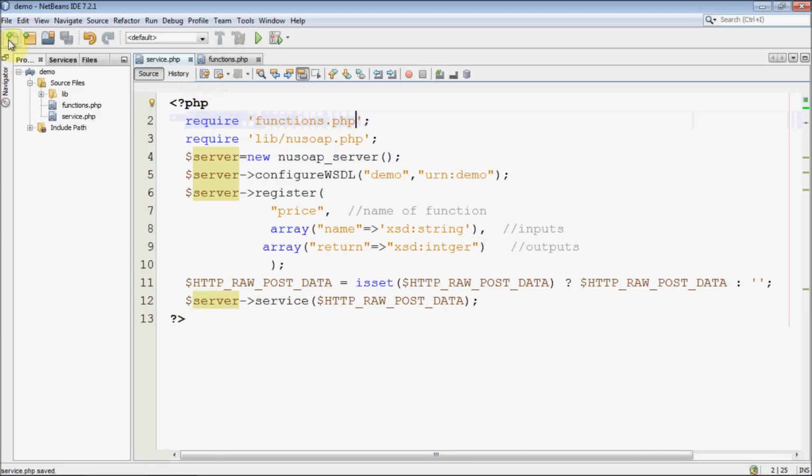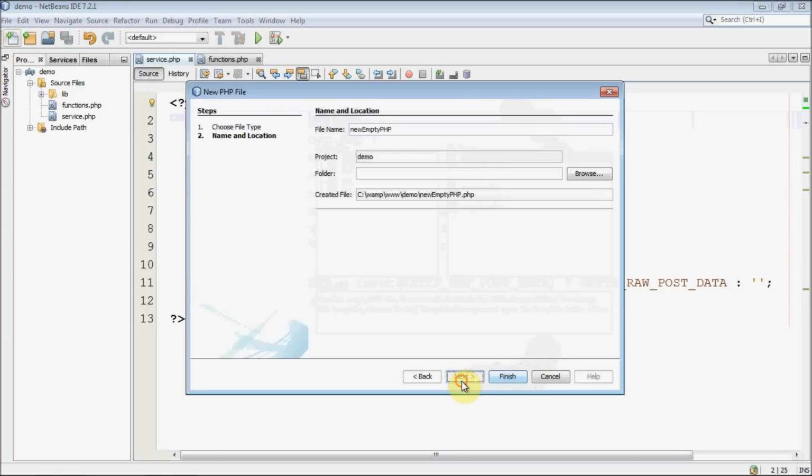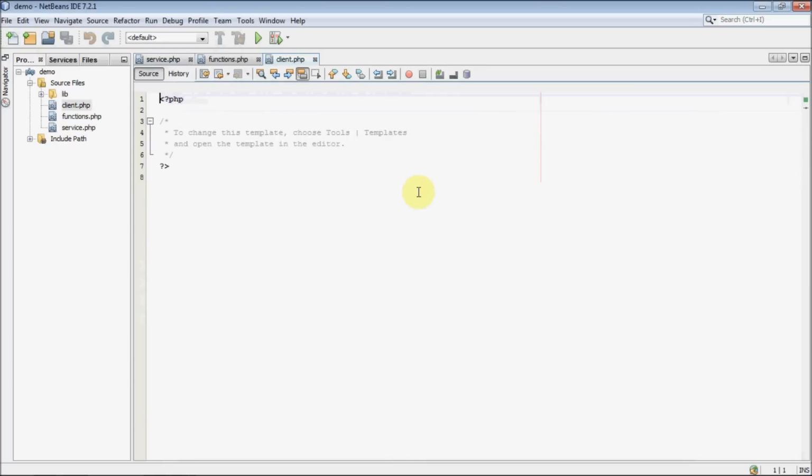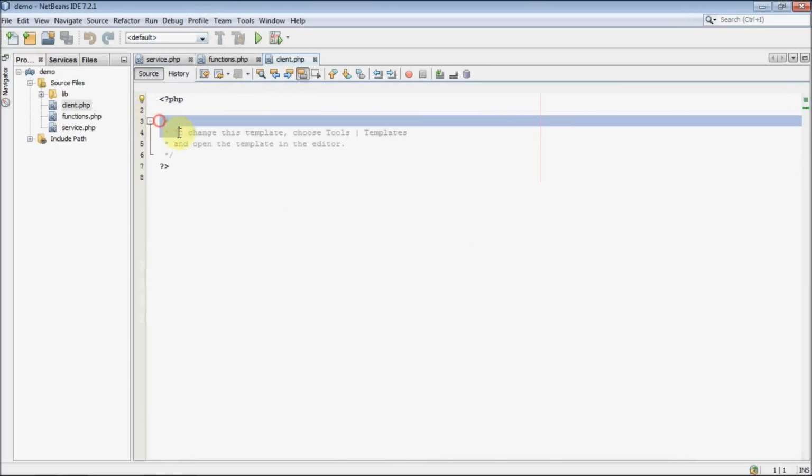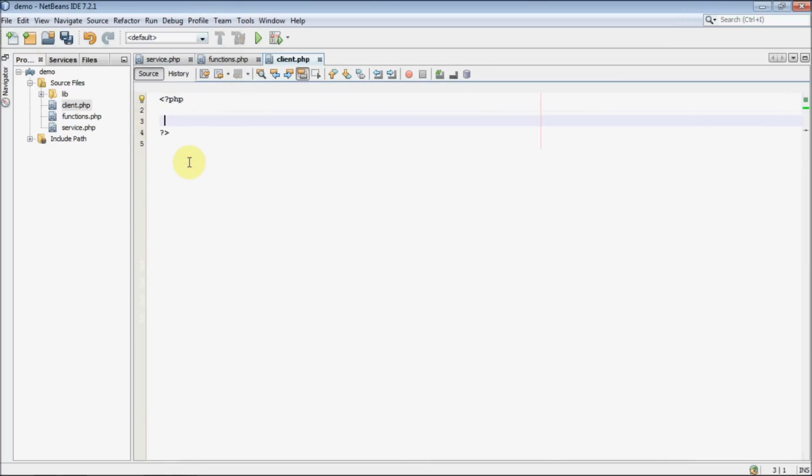And as a client you need to create another file. I'm calling it client.php, and as in the server part, import that new soap library. It's in the lib folder, a new soap file. So I'm going to zoom this. If you guys haven't watched the first part, I suggest you go to the description and click on the link I have provided.